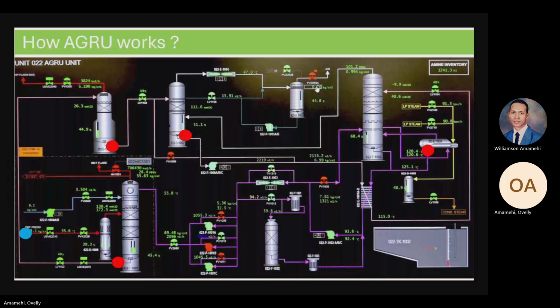And then approximately 10% of the flow from the total header flow will go to the filters. We have three filters here. The first is a mechanical filter, the second is an activated carbon filter, and the third is a polishing filter. And then there is storage here. The name is amine sump. The function of the amine sump is as a storage system to store the total amine in the system.